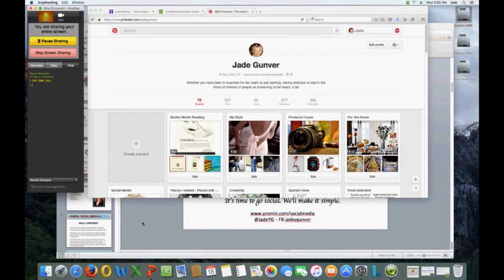I think it's really interesting that they came up with Pinterest, such a great name. Because unlike other social bookmarking sites, as I just mentioned, such as Digg and Stumble Upon, content shared on Pinterest is driven entirely by visuals. So it looks more like Instagram and is easy to use.